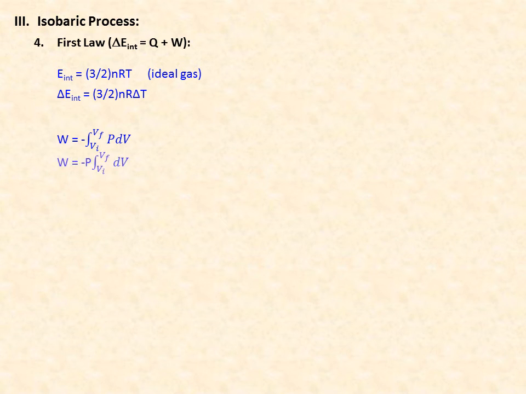Because that pressure is constant, it can be taken outside of the integral sign, in which case the work done on our gas is simply the opposite of the pressure times the change in volume of the gas. Now notice here that in the case of an isobaric expansion, where our gas is allowed to expand, the work done on the gas is negative. In other words, the work done by the gas is positive